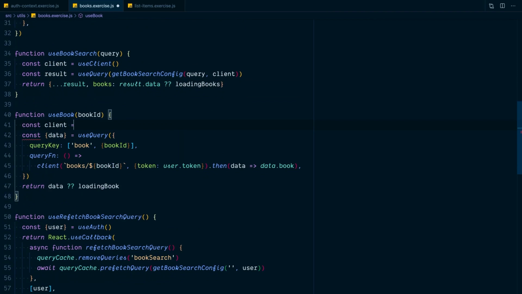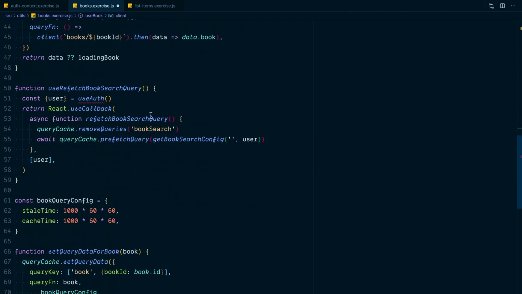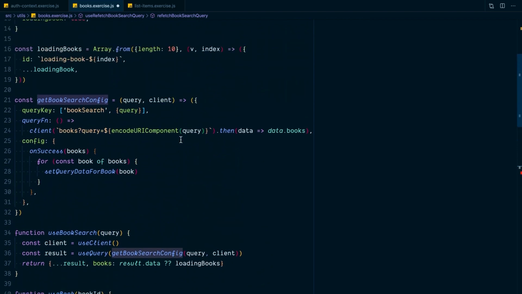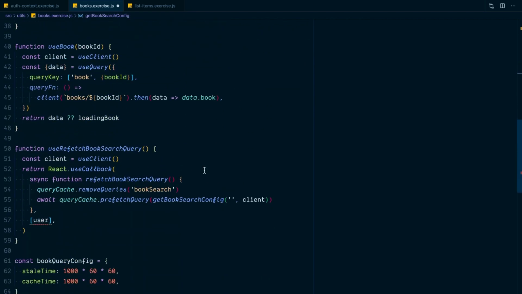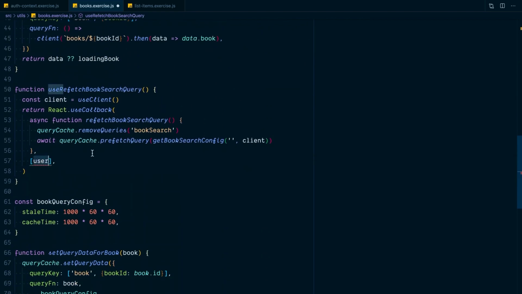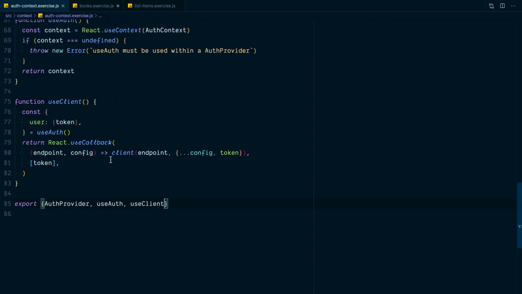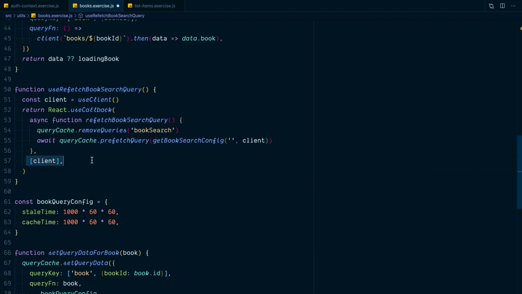And we can do the same thing right here. We'll get our client from useClient. We no longer need to pass the token because this client is now coming pre-baked with that token. We can do the same thing here. And we will pass in the client instead of the user for this getBookSearchConfig. And what do you know, we do need to have that client memoized with React useCallback. So it's a good thing that we did that right here already, because now it's part of the dependency list